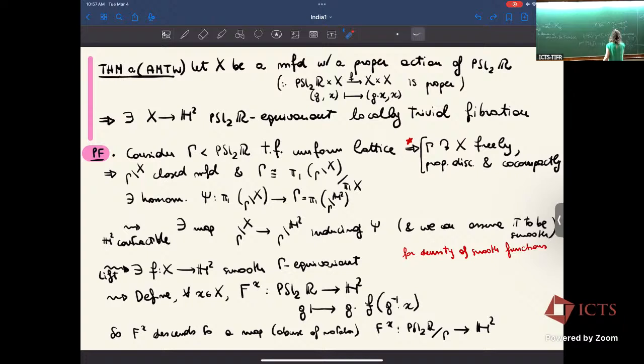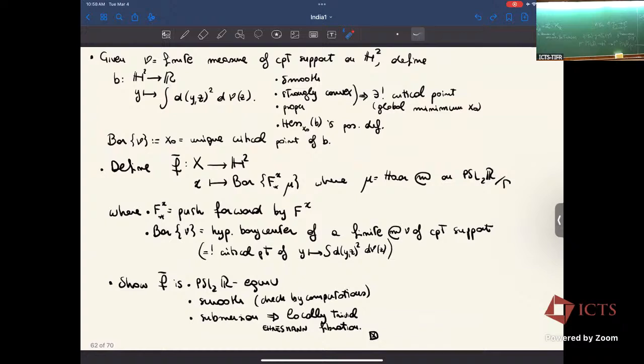So we'll keep, with abuse of notation, denoting the map on the quotient the same way. We will need this map to then apply the barycentric construction. But let me make a side remark and define the barycenter of a measure.